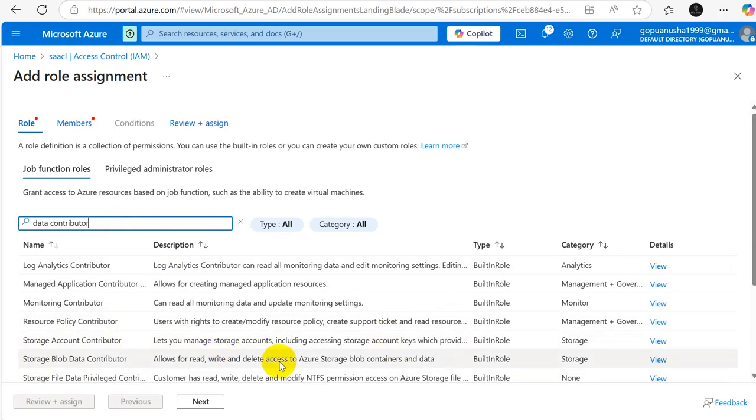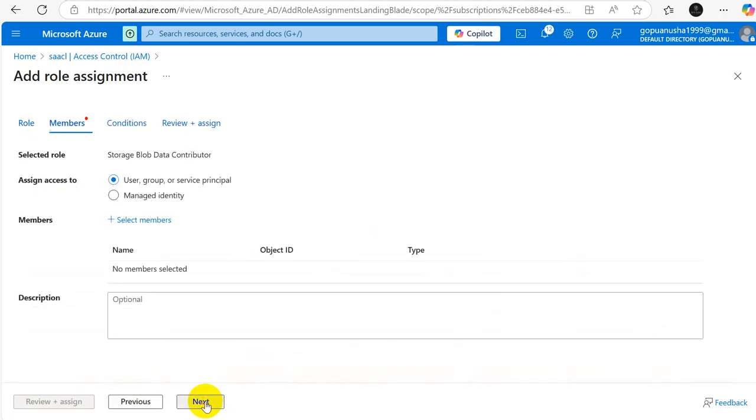Okay, so you can see it allows read, write, delete access to the storage blob container and data. Don't worry about storage blob or ADLS Gen2, it's the same thing, right? So we have to add this. We have to select it and click on next, right? Then we are trying to give